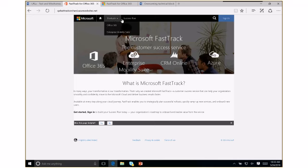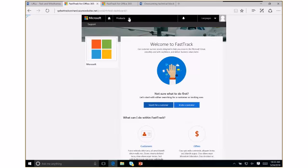But what we're going to spend the rest of the time talking about is what's going on once I've signed in. I've signed in as myself. Partners, when you sign in, you'll have a very similar experience here. Things you're going to notice right away is a big visual change. This will be reflective of where I'm at, so it's saying, hey, I should search or invite my customer. Over on the left,